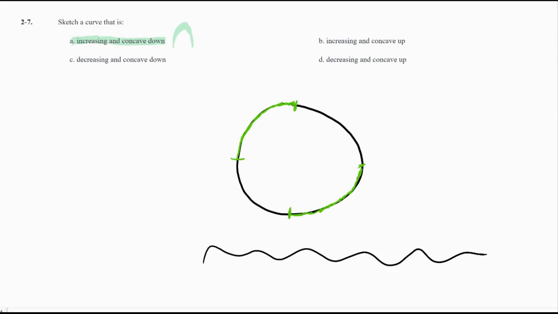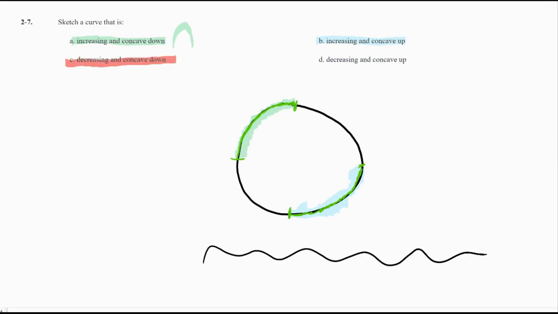And so concave down would be this one here where we are increasing, but it is part of that upside down U shape. Whereas when we're talking about increasing and concave up, go ahead and do that in blue here. Increasing and concave up makes that U shape and is also increasing. So here's the section that is increasing and concave up versus the fact that decreasing and concave down, well, decreasing